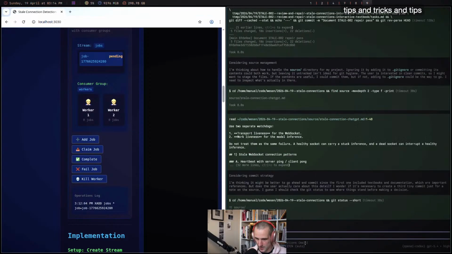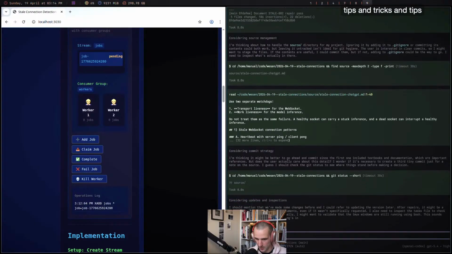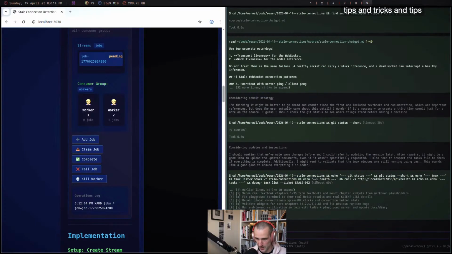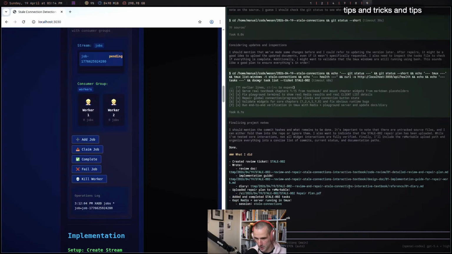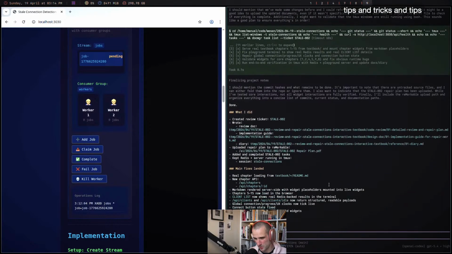So let's see. This is still going, and see, we're already at $5. This is why I try to avoid going straight to GPT-5 for greenfield, because I mean, maybe I should. I don't know.